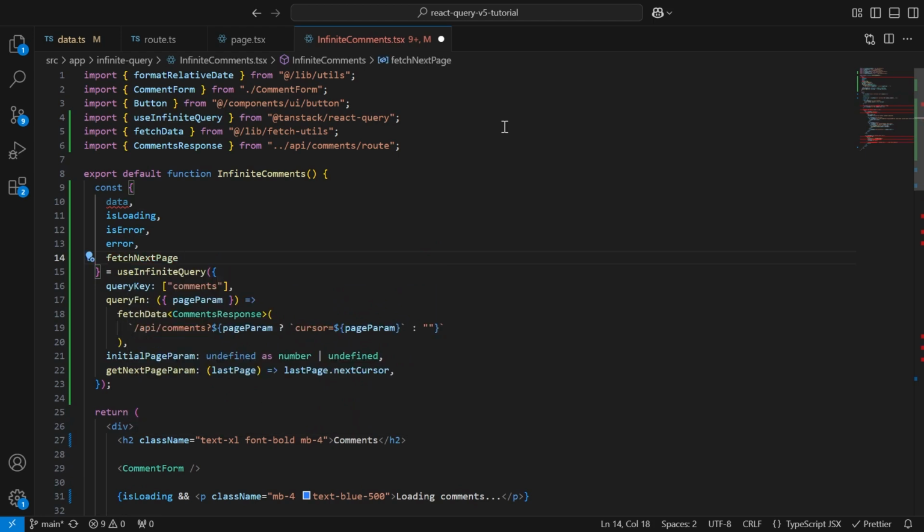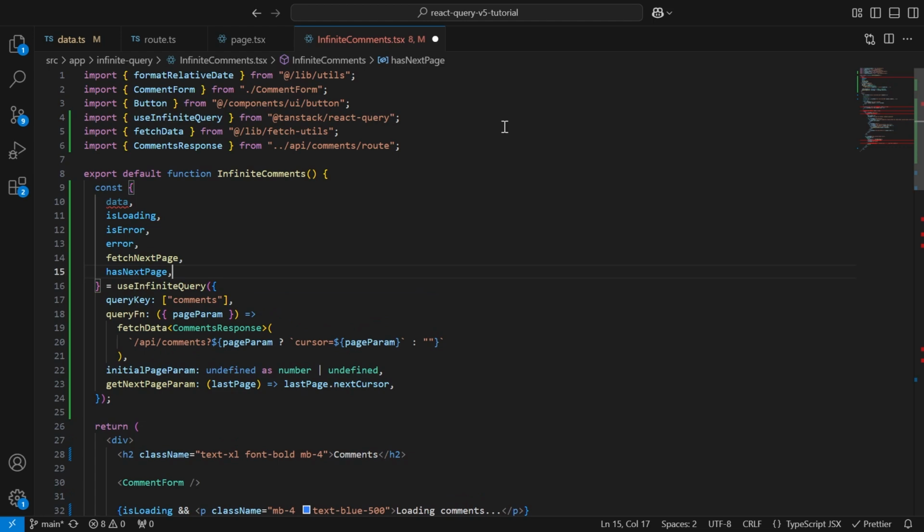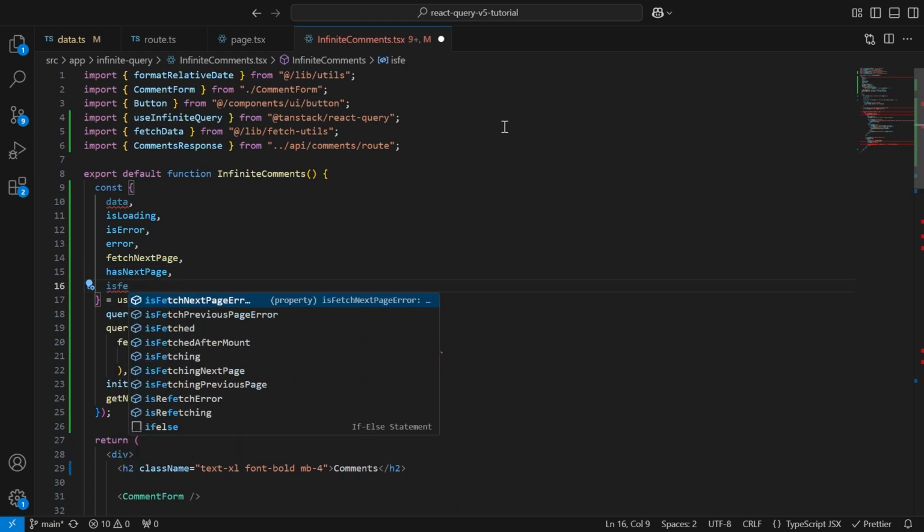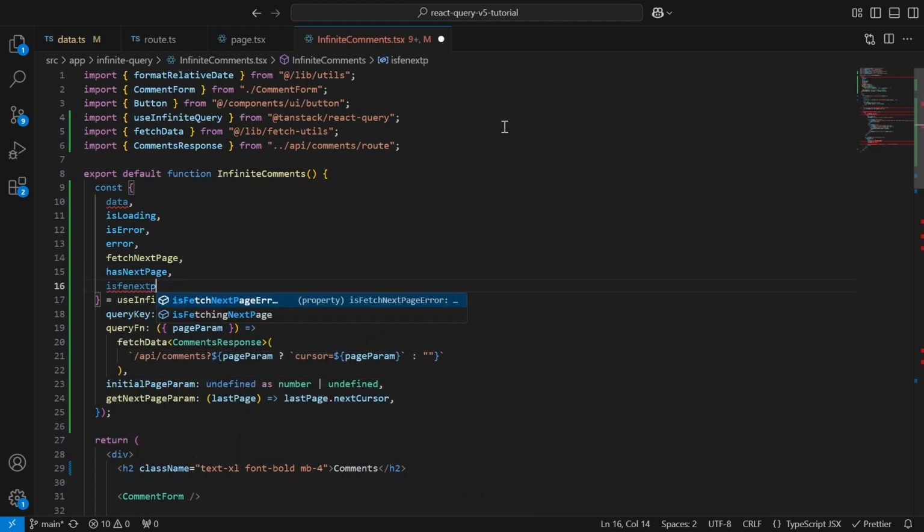fetchNextPage, which is a function that triggers the next page load. hasNextPage, I think this is self-explaining. And isFetchingNextPage should be self-explaining as well. Those two values are booleans, true or false. Okay, so the useInfiniteQuery hook is a bit more involved than the default useQuery hook, but in return we get